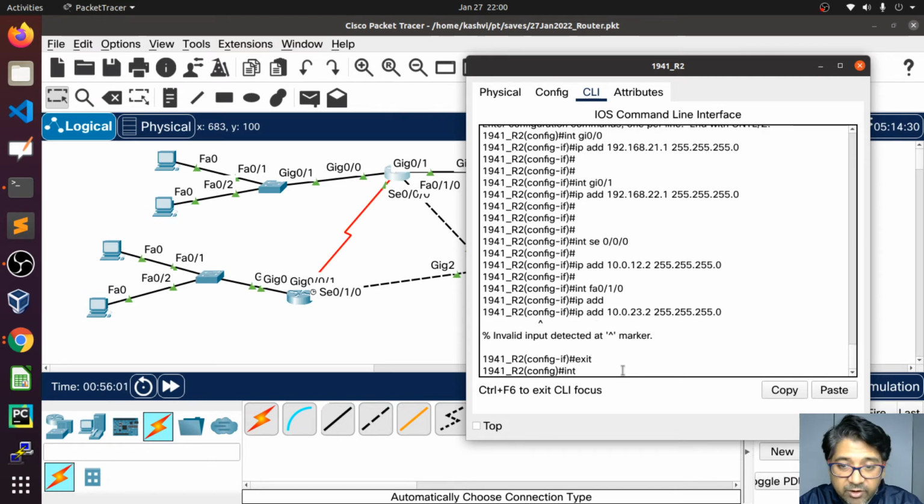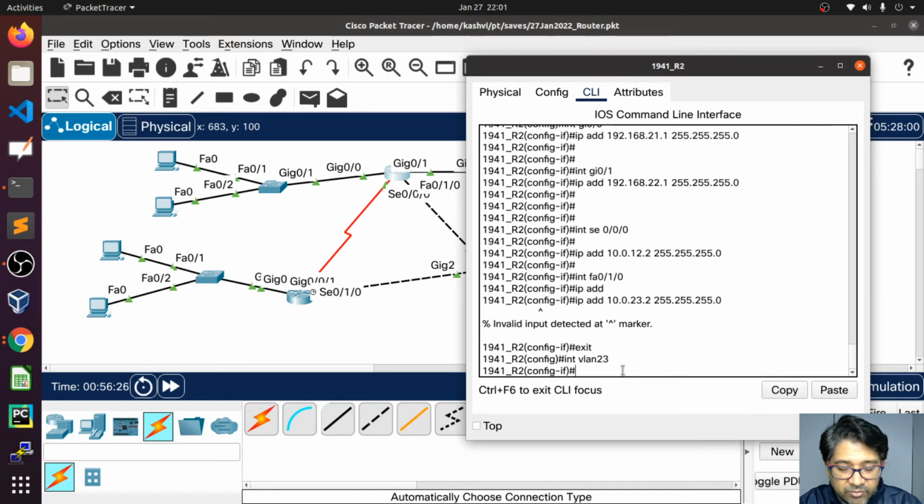I'm going to create an interface. Give any name, VLAN. I will give it between R2 and R3, because the connectivity goes between R2 and R3, so I will give 23. That's okay to remember because it is between R2 and R3. Okay, interface VLAN 23, and then you give the IP address 10.0.23.2 with mask 255 dot,